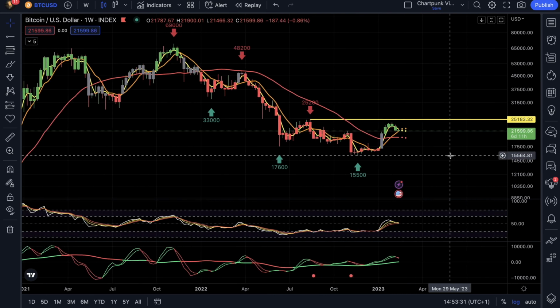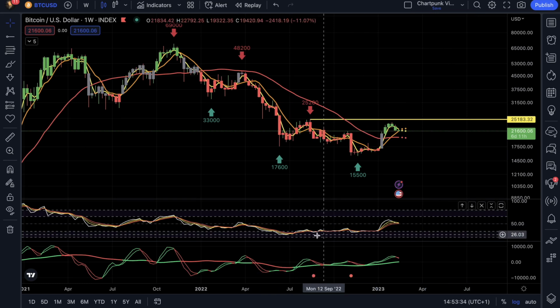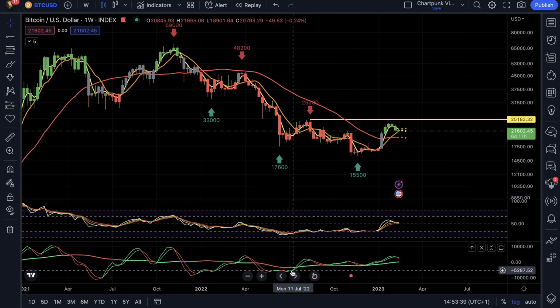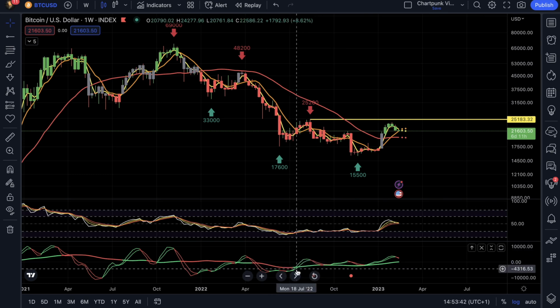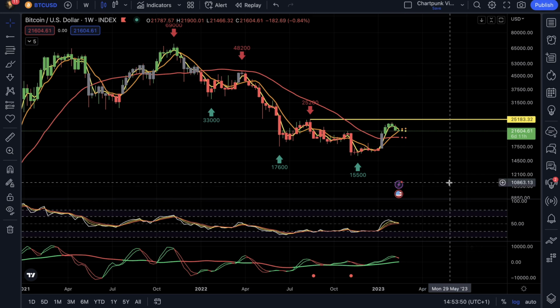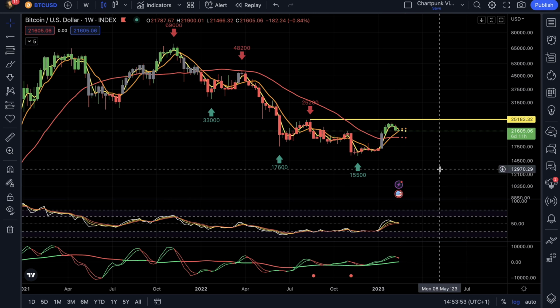I think it is a very, very important momentum indicator. And currently it is in a clear uptrend. And my momentum indicator, the Chartpunk momentum oscillator, is also in an uptrend. It has crossed up in July 2022. And since then, it has not crossed back into bearish territory, which is indicating a bullish momentum on the Bitcoin